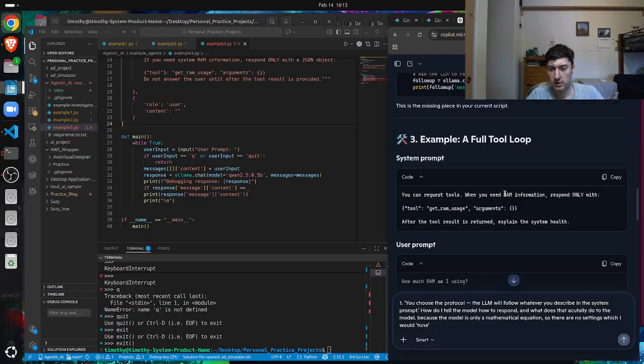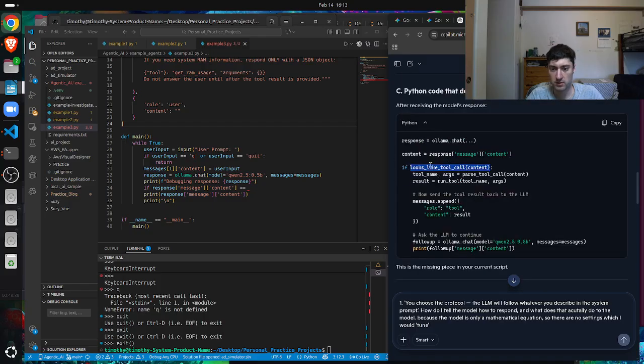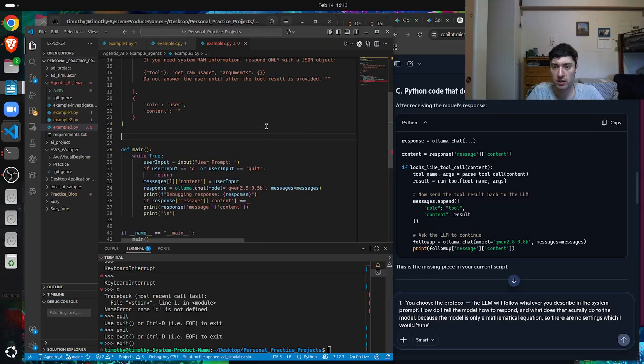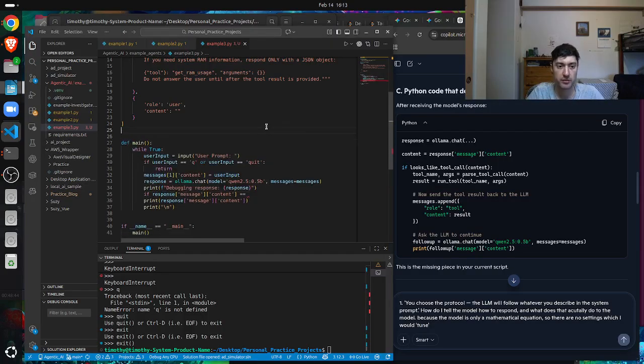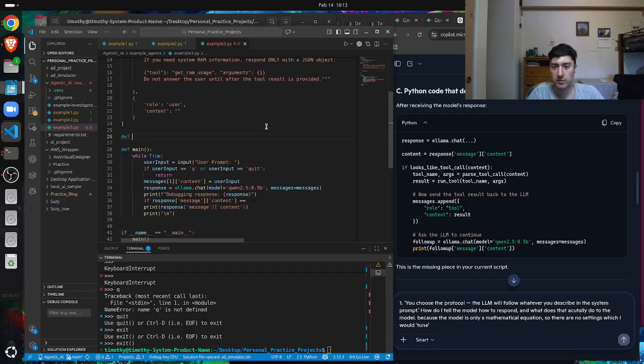And then we parse it. Okay, so it doesn't actually show me how to do this. I need to understand, or I need to figure out how to do that. Okay, let's write that helper function first. So look def looks like tool call content. Okay. And I was right that we are doing this message and content here. So